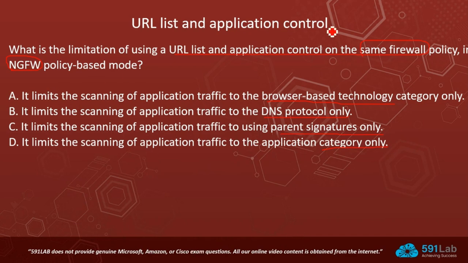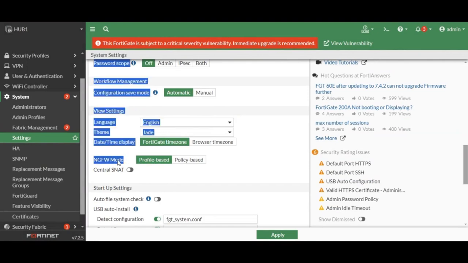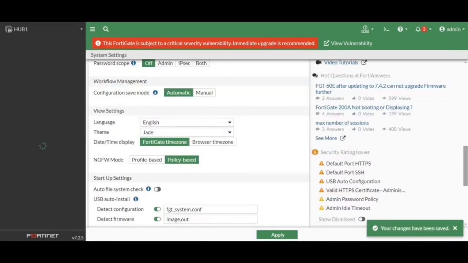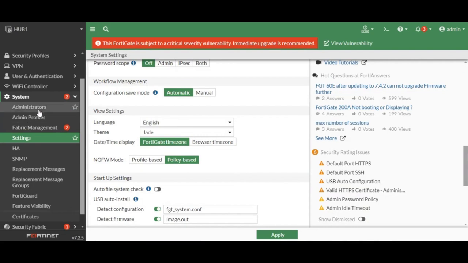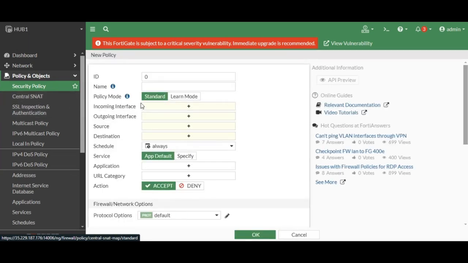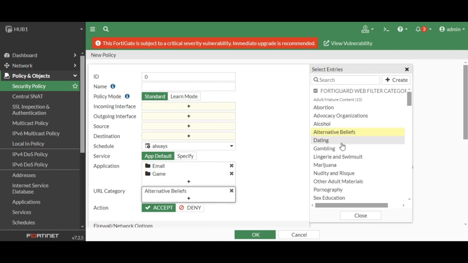The question is asking what is the limitation using URL list and application control in the same firewall policy. As you know, in the FortiGate firewall, when URL filtering and application control are combined in the same firewall policy, like this, as you can see here, in next generation firewall policy based mode, the firewall may indeed limit the scanning of application traffic to the browser based technology category. So in this setup, the FortiGate firewall policy is configured to enforce both URL filtering and application control. The limitation here is that FortiGate may restrict application control to only those applications that are relevant to the browser based